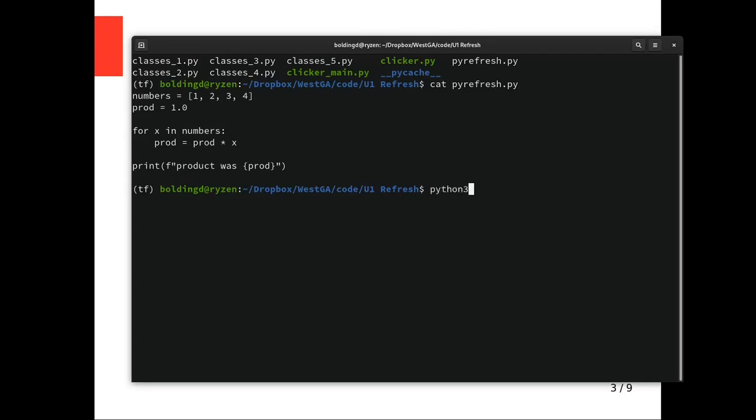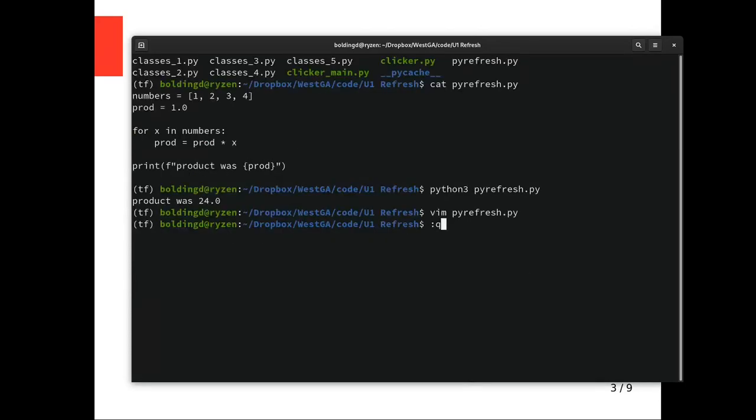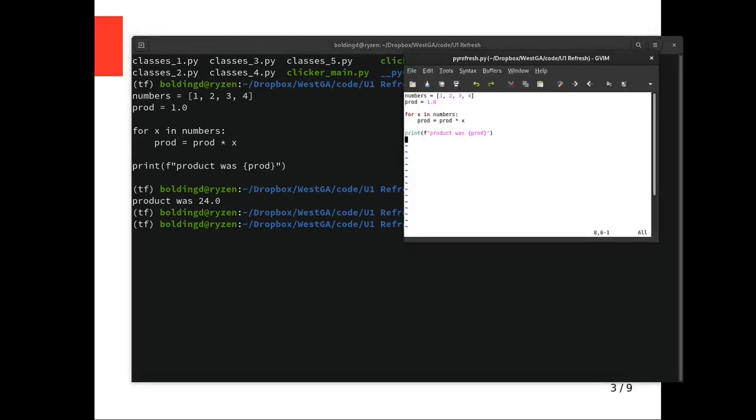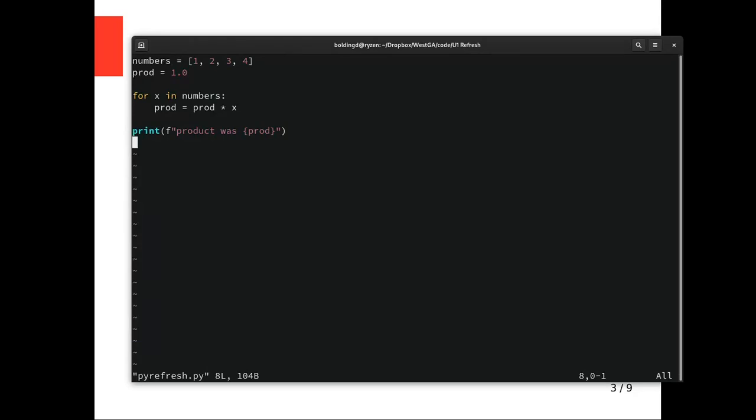So if I call the interpreter on that, then it interprets it, and when it hits the print line, it prints out product was 24, right? So just to be clear, I already have a Vim running somewhere. There it is. All right, so just to be clear, if I were to comment this out, hash or pound is the Python comment character, and save it,